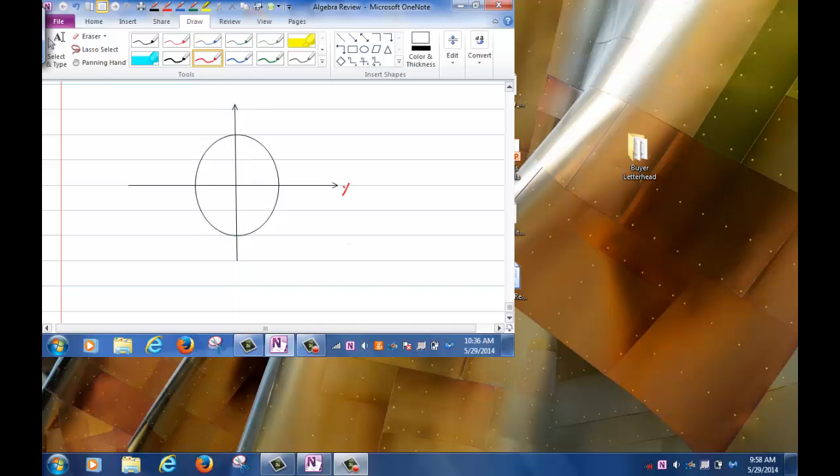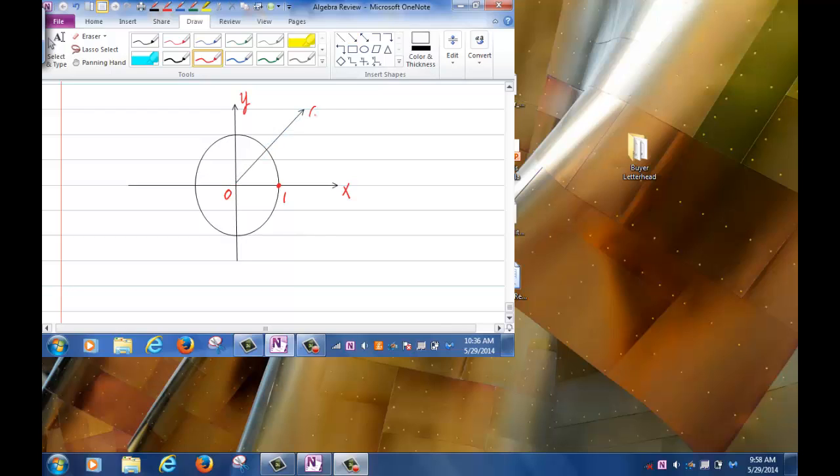Let's say this is the x-axis, this is the y-axis, and let's say the radius is 1. So this point has coordinates 1, 0. This is still the origin. This is a circle of radius 1 centered at the origin. And let's say I have an angle